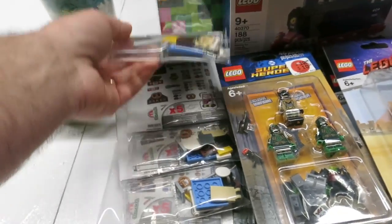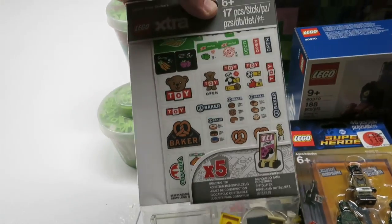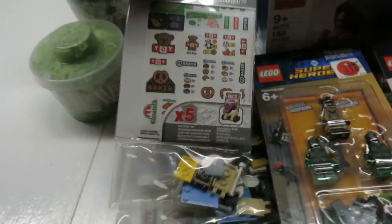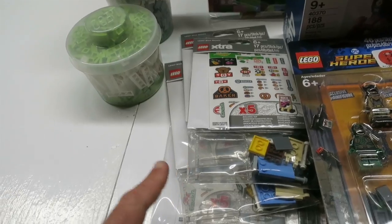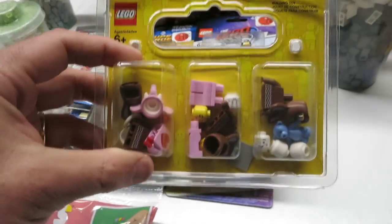They had these sticker sheet ones. I think I'm going to cut these up and put them for sale at Brickworld or any on-site sales and part up the pieces. That's a really nice window. I should have bought them all. There was like 12 of them, but I didn't. I got enough to make 3 chocolate bunnies here. I think I can make a total of 4, and I'll have a few leftover pieces